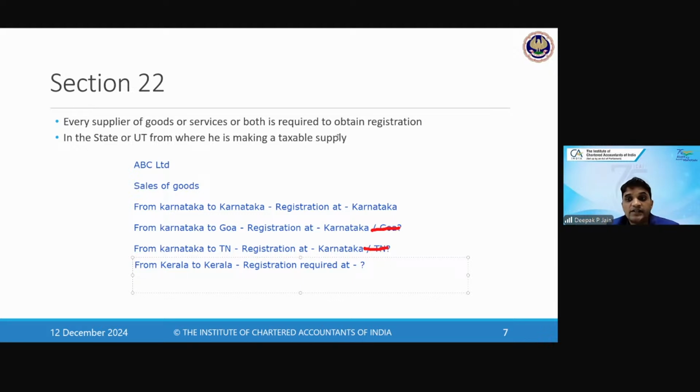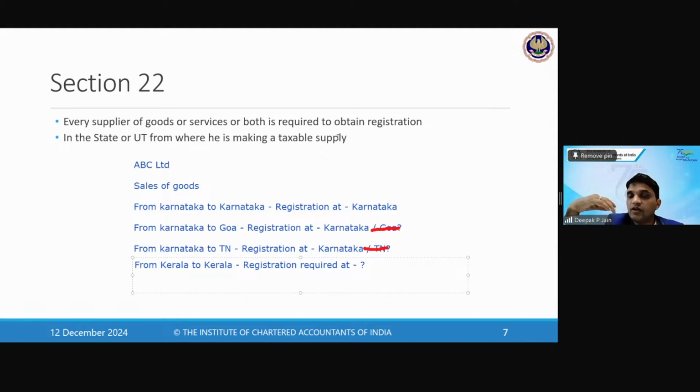What's the logic behind destination based tax? You have to refer to the place of supply video of our lecture. If you listen to that video, then you will understand the logic behind destination based tax. If there is no destination based tax, then you will not know whether to charge CGST, SGST, or IGST. Since destination based tax is there, that's the reason you know the